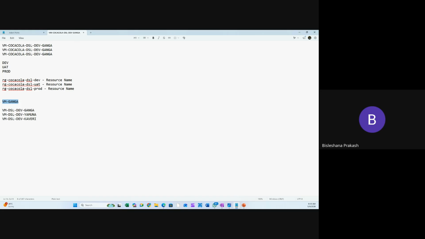Got it. Also, one more thing I wanted to ask you specifically is that when you have similar names, and let's say you are trying to move resources from dev to UAT, will it be a challenge if you are moving resources with similar names? So first,